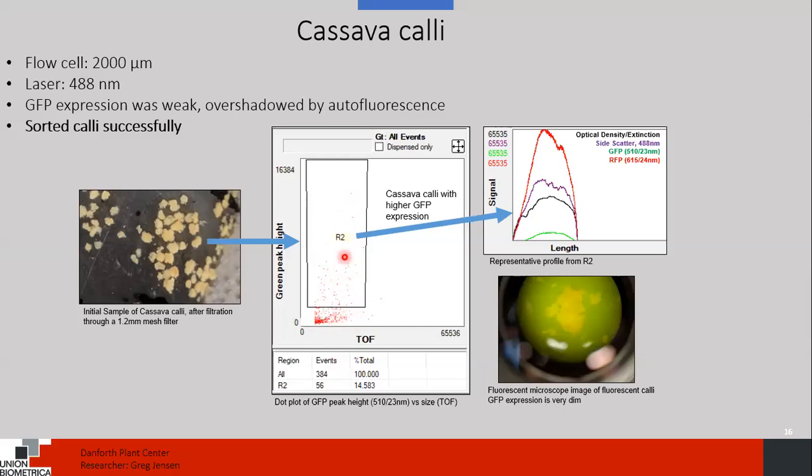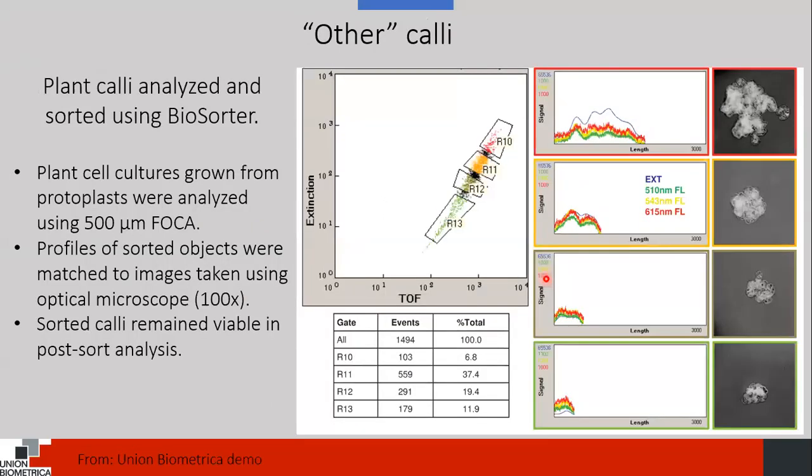We sorted out those higher levels of expression, parsed them out, collected those. Those also happen to have a lot of expression in the red part of the signal, around 600, and that's the autofluorescence. But the researcher was more interested in the GFP signal that was at this low level in these calli. We run other calli that were smaller that we could run on a 500 micron foci on a biosorter,